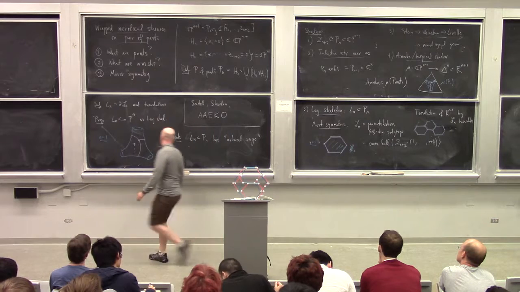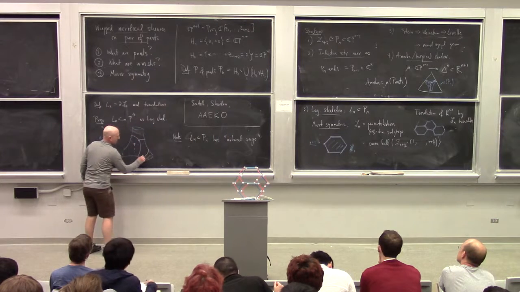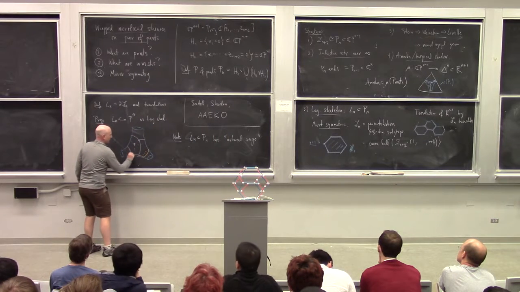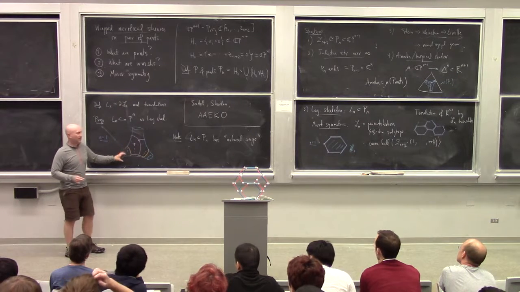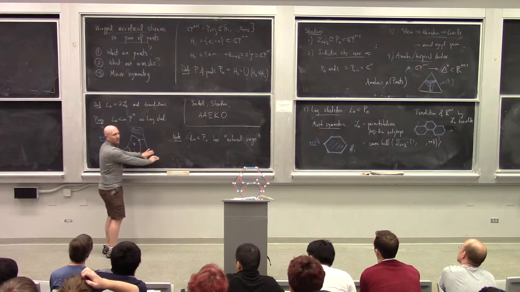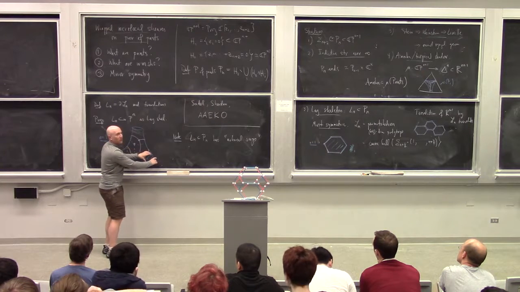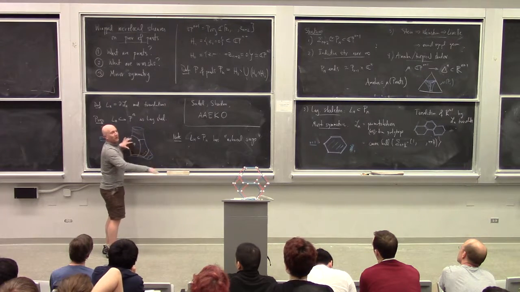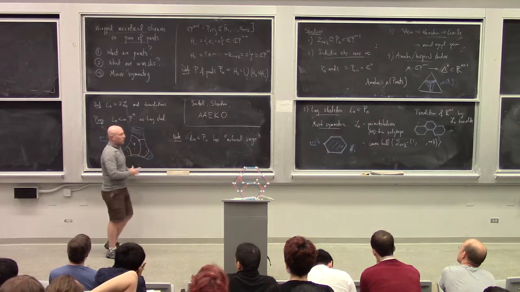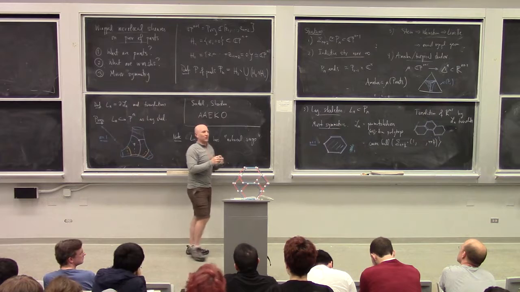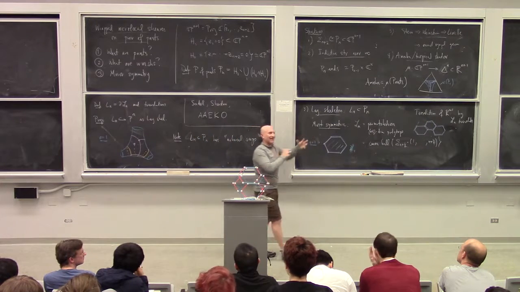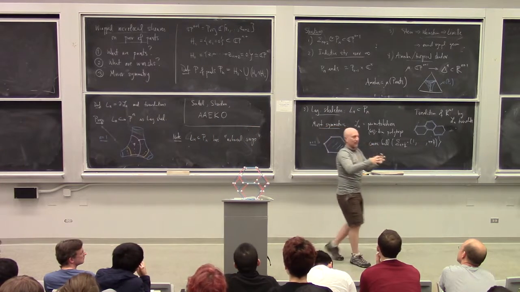which is very useful for other reasons. You can take this pair of pants and make it look, for example, like this pair of pants. You can take this skeleton and make it look like this skeleton, and then glue together a skeleton that looks like this over here, and then forget that you ever moved this guy around. So there are lots of moves you can do with the skeleton to stretch it in various directions to glue together.